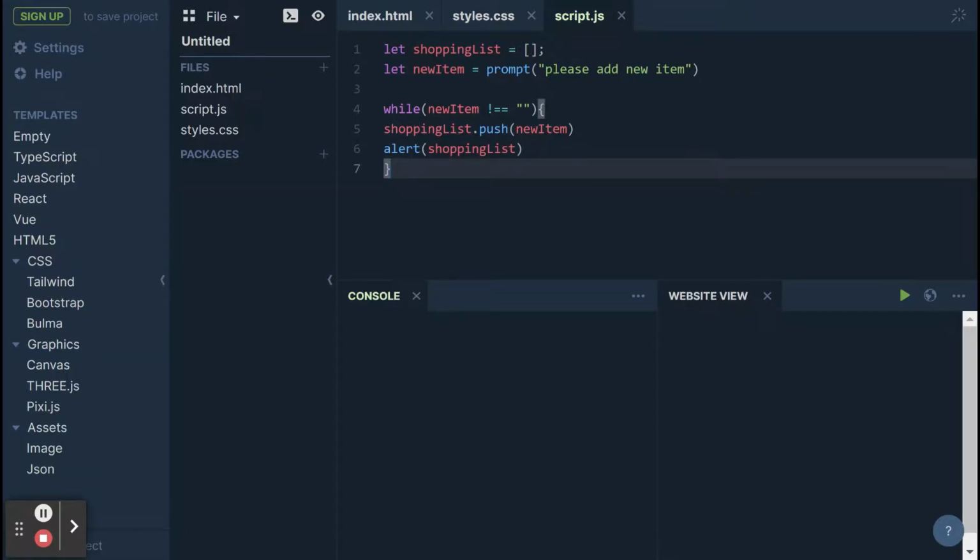Now, if I press run on our code now, we will have a problem because we will have an infinite loop. Why? Because as soon as we put something in the prompt, then new item is not equal to nothing, and then it'll just keep on running this while loop infinitely because new item will never change. So basically what we have to do inside our loop is to give another chance to add a new item. So let's say new item equals prompt